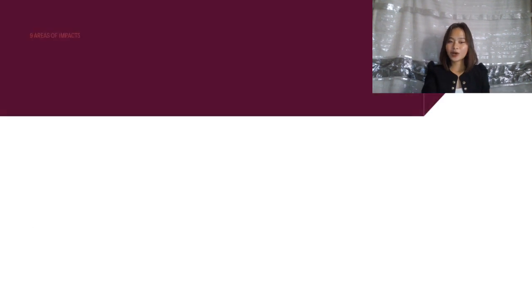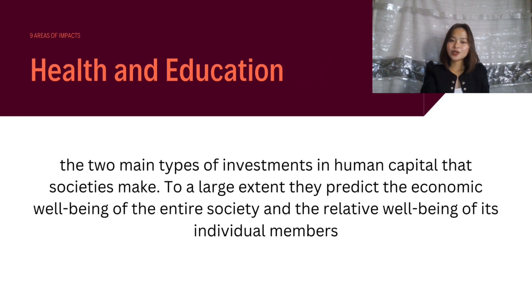And for the last one, health and education. These are the two main types of investments in human capital that societies make. To a large extent, they predict the economic well-being of the entire society and the relative well-being of its individual members. Judd Friedman and Norbert Shady used household data to develop an economic model to project infant deaths and report that our estimates suggest that there will be on the order of 30,000 to 50,000 excess deaths in Africa in